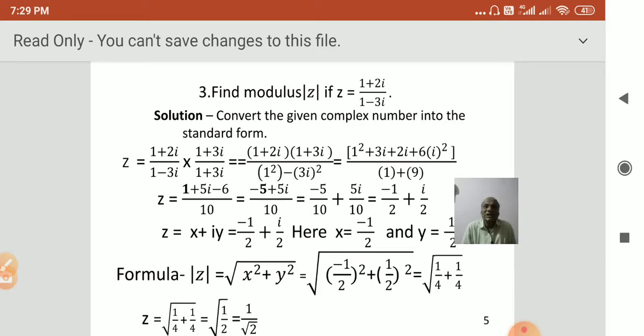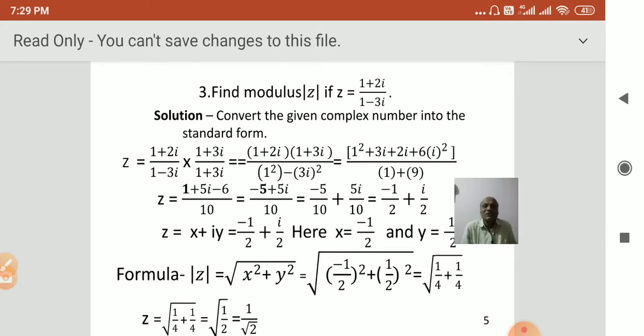So for this, write the complex number as it is, that is 1 plus 2i divided by 1 minus 3i, and multiply and divide it by the complex conjugate of the number on the divide side. The divide side is 1 minus 3i, so take its complex conjugate, and it will be 1 plus 3i divided by the same, that is 1 plus 3i. So the complex conjugate of 1 minus 3i is 1 plus 3i. So we multiply and divide the given complex number by this quantity, so there is no change in the value of the original complex number. Now simplify this.